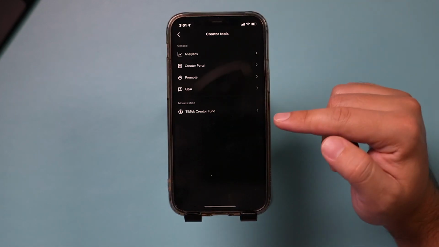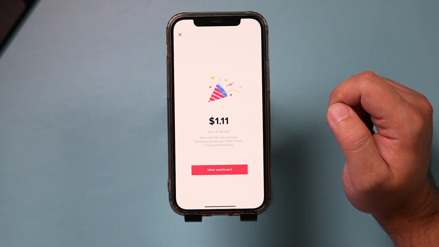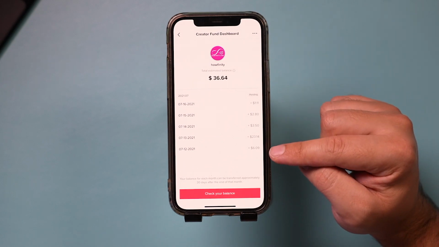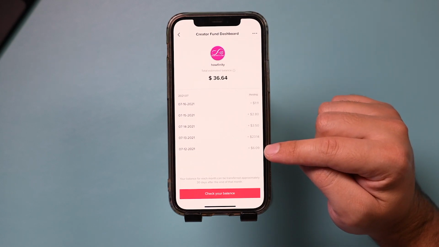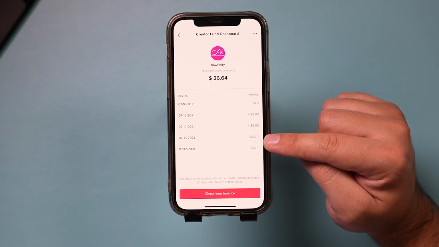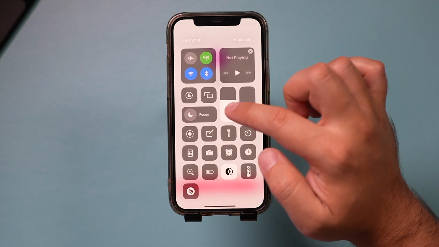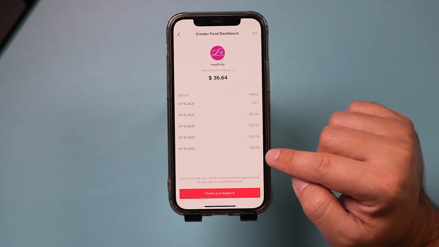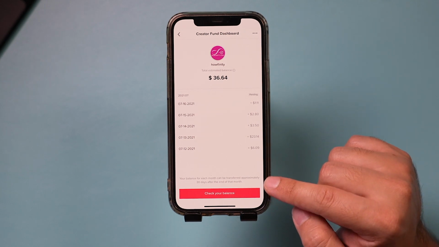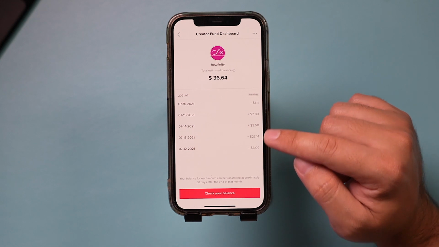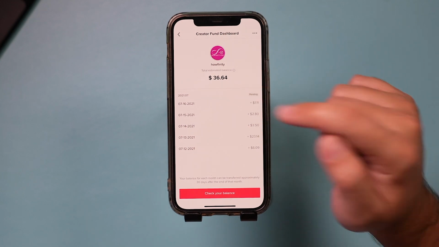So let me show you what that adds up to here under the Creator Fund tab. So today you can see I got $1. So let's look at the dashboard here. So the day I got accepted for about 200,000 views, I got $6. And then the day after that, this is about 875,000 views, about $23. And then the day after that, $3. So I didn't go viral after this video. I did go viral multiple times previous to this video though, but I was not in the TikTok Creator Fund at that time. So far, this is about 5 days worth of revenue, about $36.